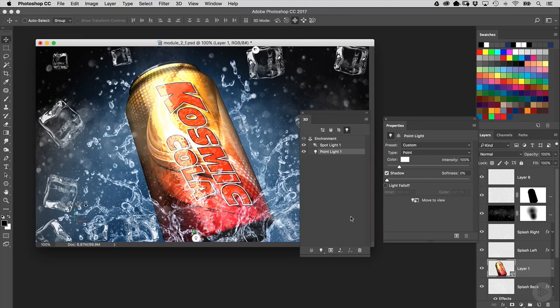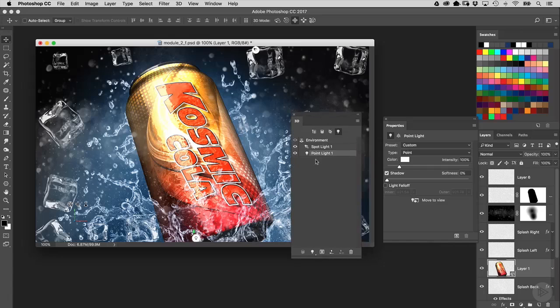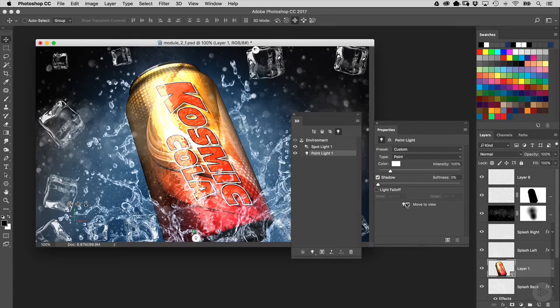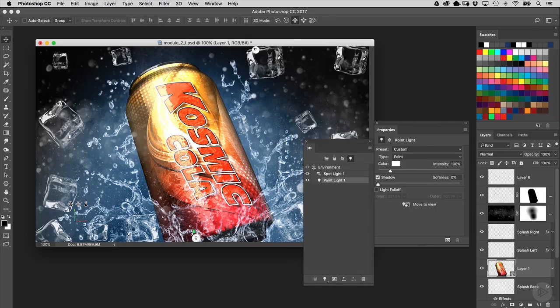Now, a point light is just a small wireframe bulb that emits light in all directions. But I like the way it gives me a really dramatic result, so we're going to go ahead and use that one. So once you have the point light created, and it's selected here in the 3D panel, go to your Properties panel, and the first thing you want to do is click on this button that says Move to View. And it'll put it right in front of the can,